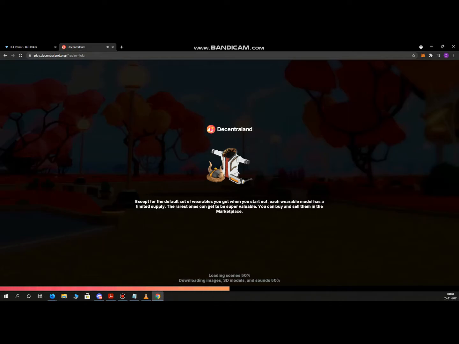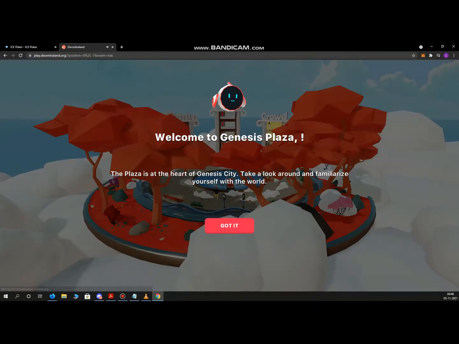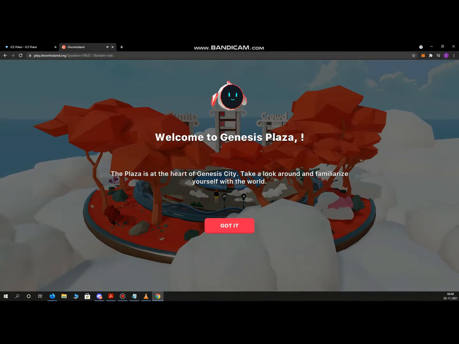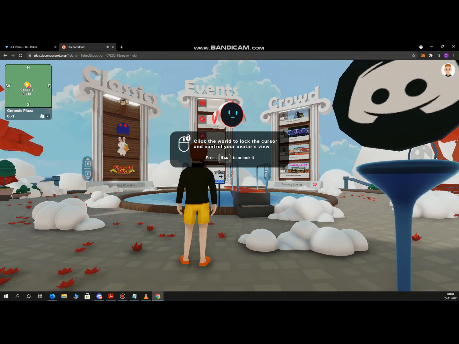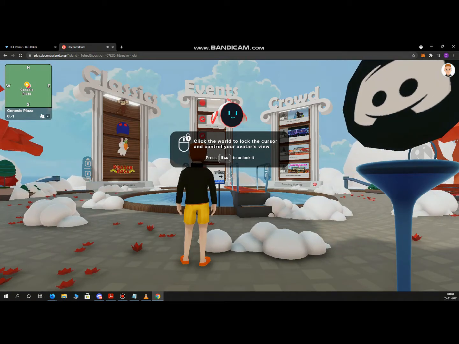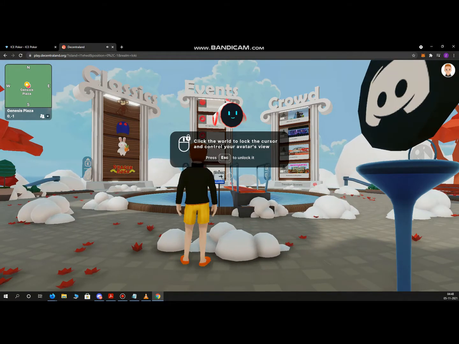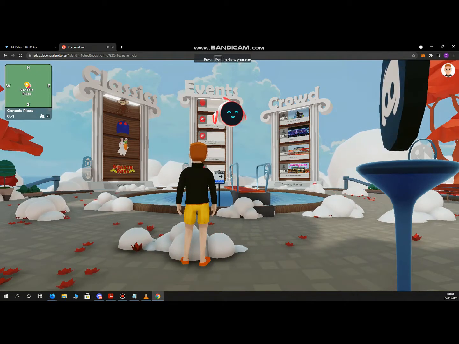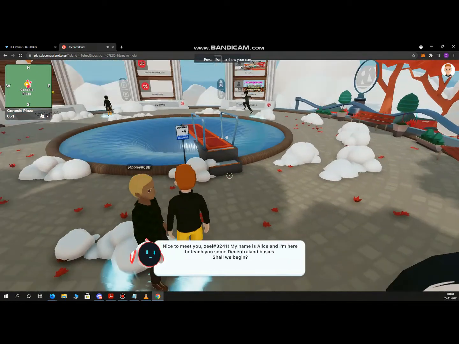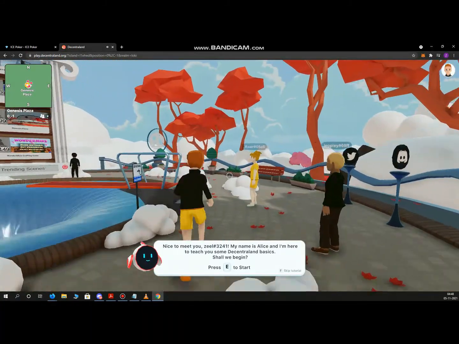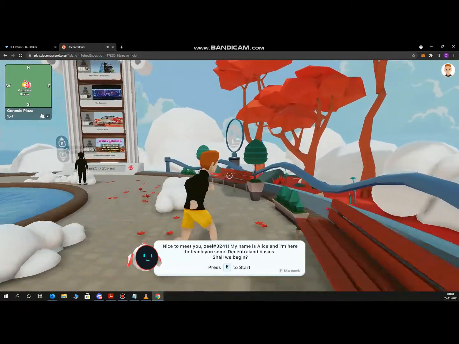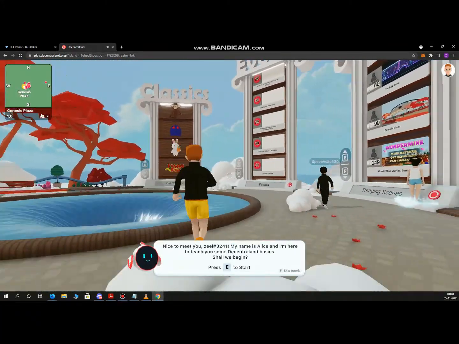It's a very unique concept, which I must say again. So this is a starting page. This is the world we are given access to, and see, we have a lot of things already happening around. So let's just go, and we can move around like this. There are a lot of other people here as well. You can see there are events, classics, a crowd here.